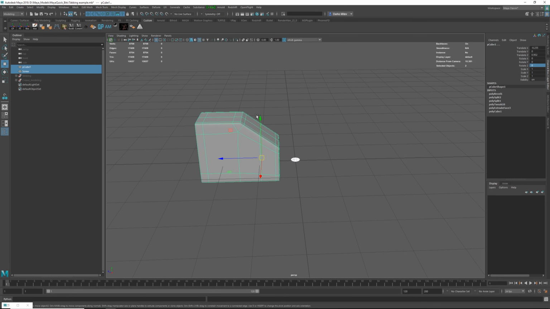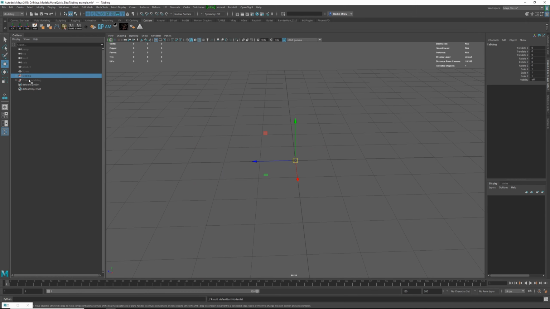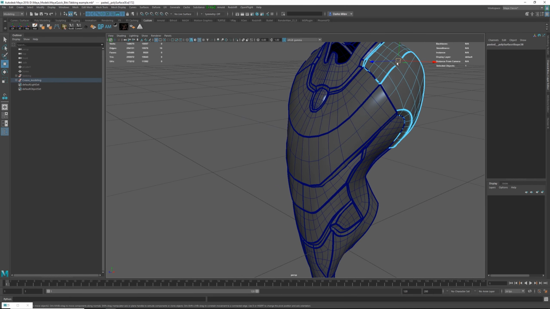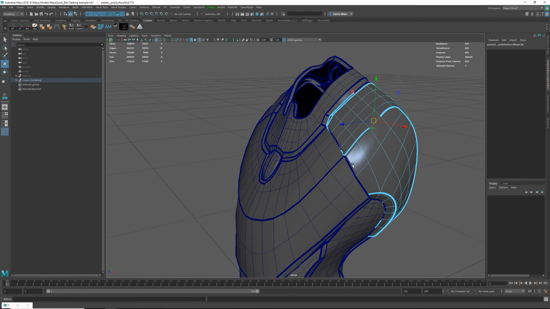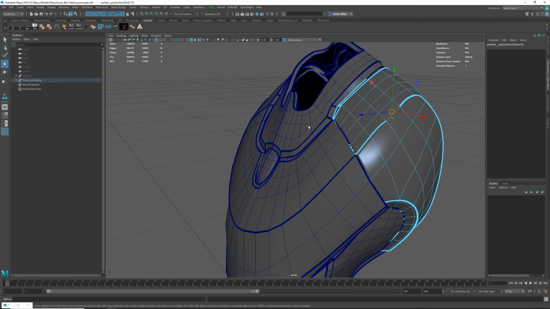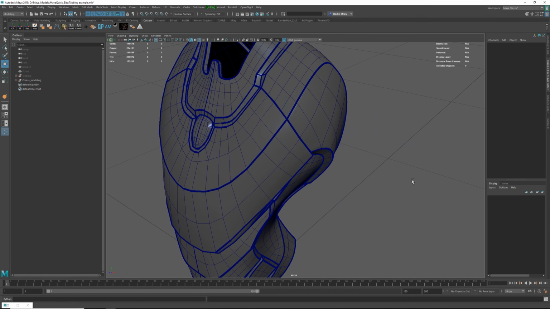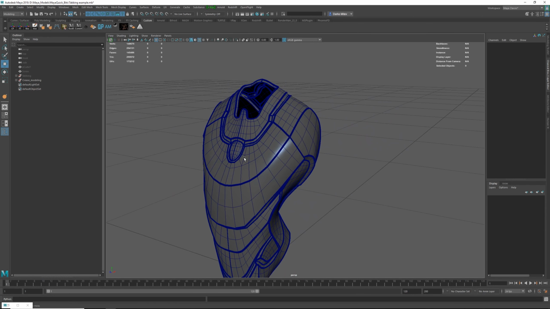The last thing I want to show you, I'm going to hide this, is creasing. Now creasing is something that was not used, and it's still not used in production modeling because it's unpredictable. Like see here, this was just moved from one scene to another and this edge broke. So creasing can be a little bit tricky to use. I know there are studios like Pixar who do use creasing, but for the most part you want to stay away from creasing, and the reason for that is